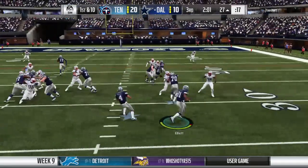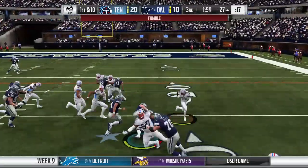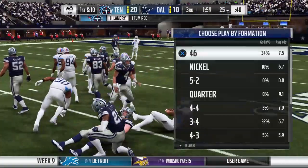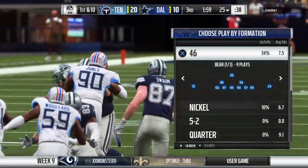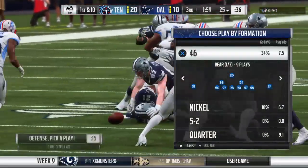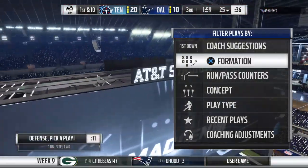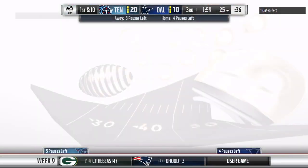26. They'll try to sweep with Elliott. Oh, Elliott going to be hit. He coughs it up. Loose football. And that might be Titan football. It is. So the defense there, opportunistic. It's nice to give them credit, isn't it? Because so many times it's more of